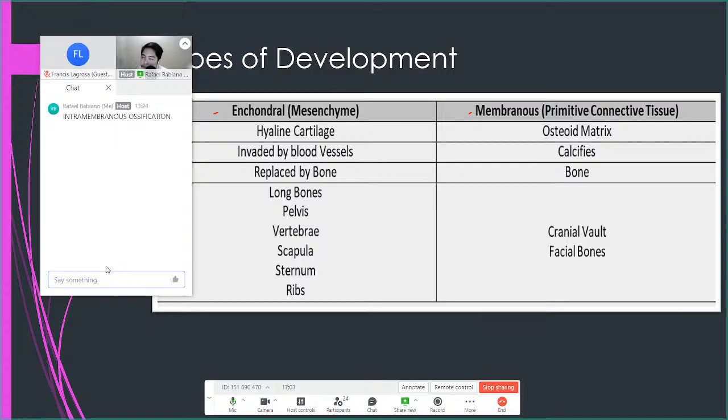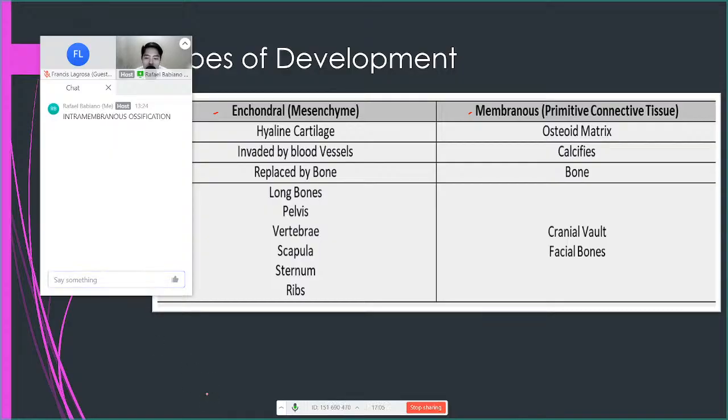So what happens here? This starts from conception to 2 months after birth. P with the line above is after. Conception means when the sperm and the egg cell unite. From that time until 2 months after birth, the membranous or intramembranous ossification is happening.